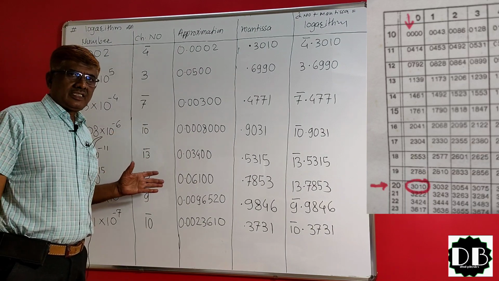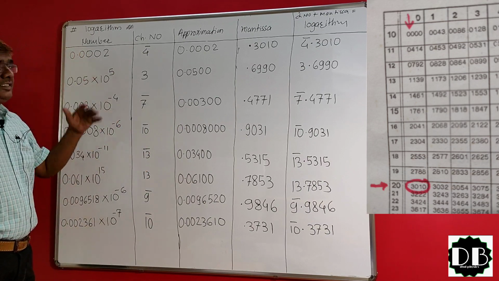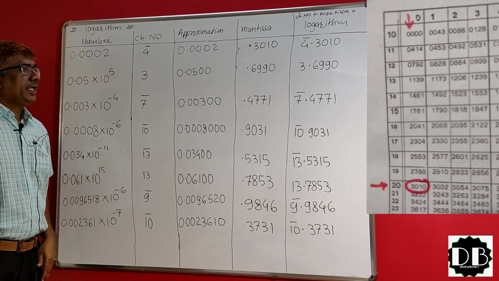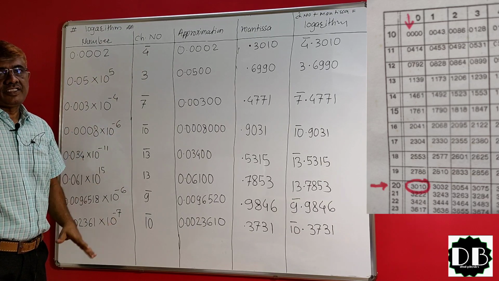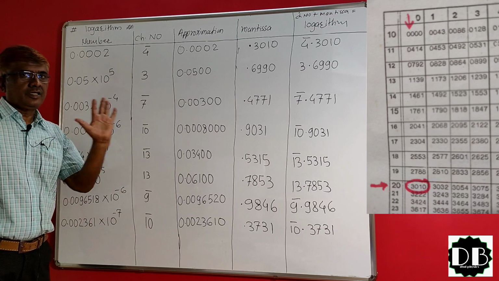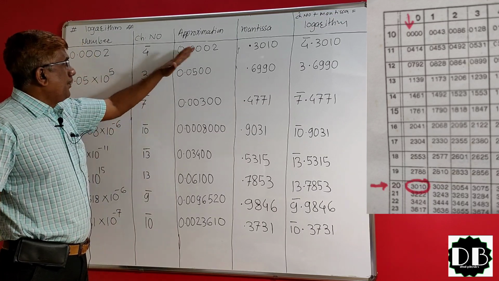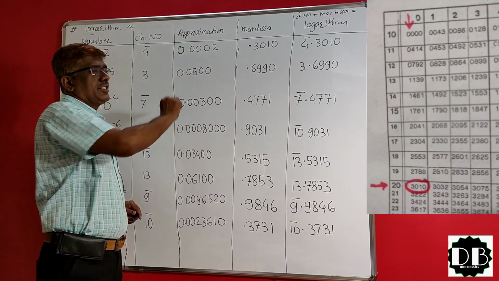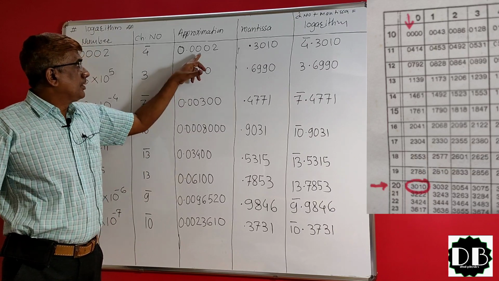A few more examples of how to see the log. Once again, here is the number 0.002. The character number is bar 4. You can check once again the start of the video to see how we decided it as 4. Approximation remains as it is and does not change. Approximation changes only after the number has more than 4 digits.